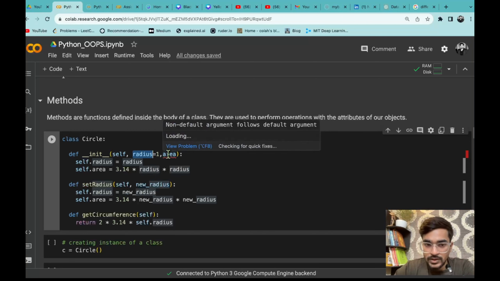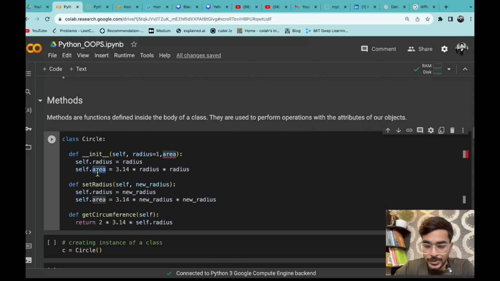Now remember one thing: when you are defining any attribute that depends on attributes you have already defined, like the area attribute depending on radius, and radius you have already defined, you need not provide that attribute again. That means you need not provide area as a parameter here, because it depends on radius, and radius you have already passed here. So what you can do is just self.area equals the formula of area.